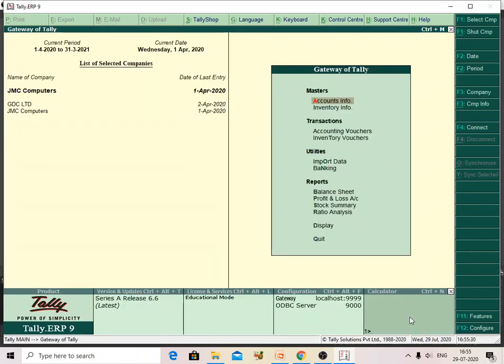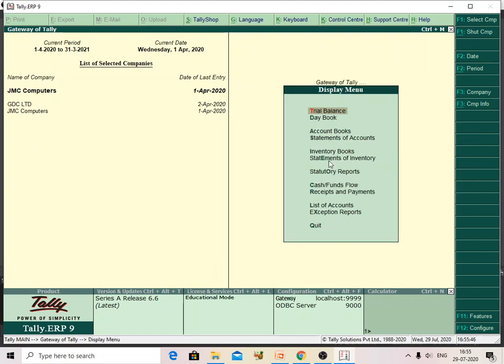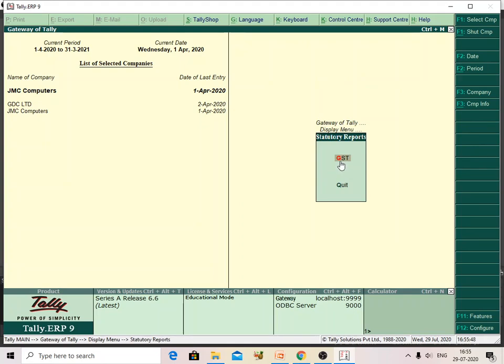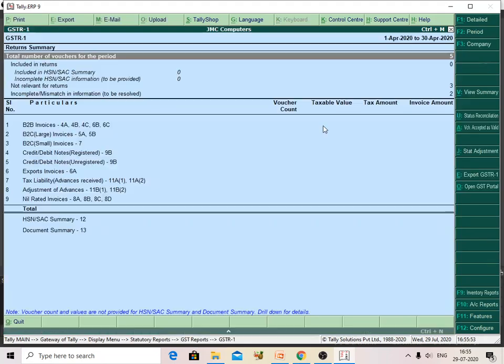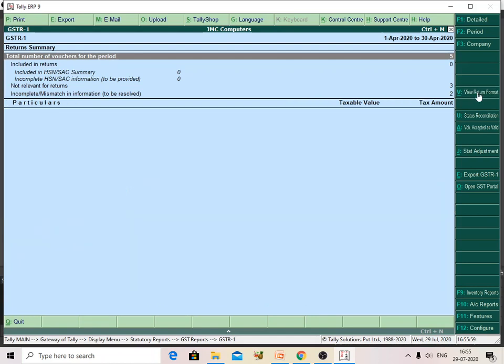After that I will show you the GSTR returns, how we generate the GSTR returns in Tally ERP9. By default, I will first show you the GSTR reports. What is the report? How can we go there? We go to Gateway of Tally screen, Display, Statutory Reports, GST, and I am going to select GST1, and you can select View Summary, Control plus View Summary.